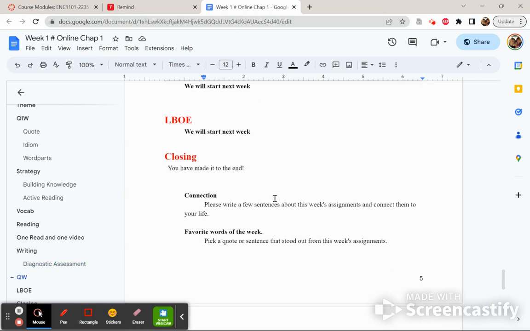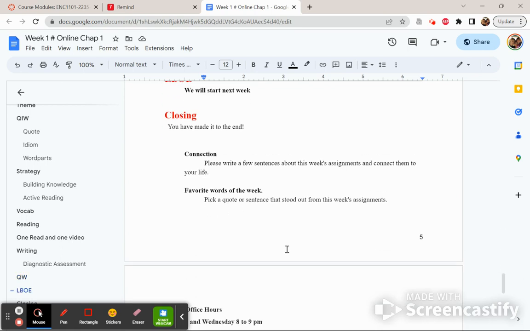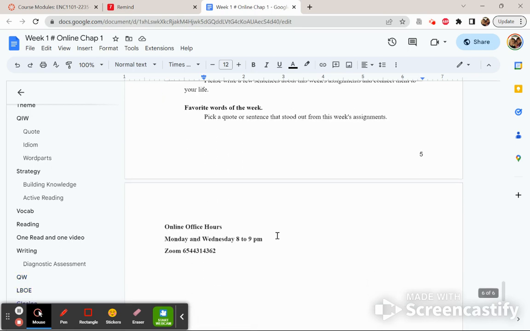The final part of the chapter is always I ask you to connect what you learned this week to your real life, and your favorite quote or idiom or a lyric that you really like, or a quote from a movie. It does not have to pertain to our class. It could be anything. I'm a big advocate of language. I'm a lover of words, and this is kind of me hoping to spark that love for you too, that bestow that love onto you.